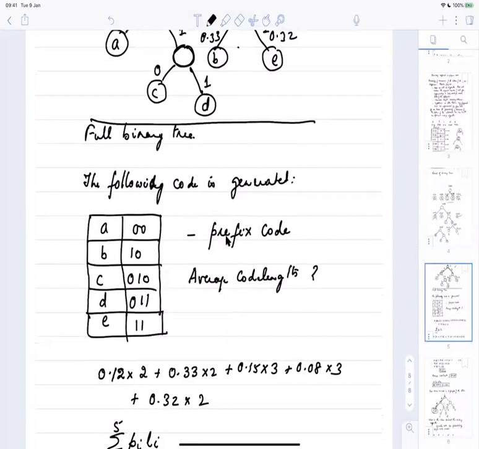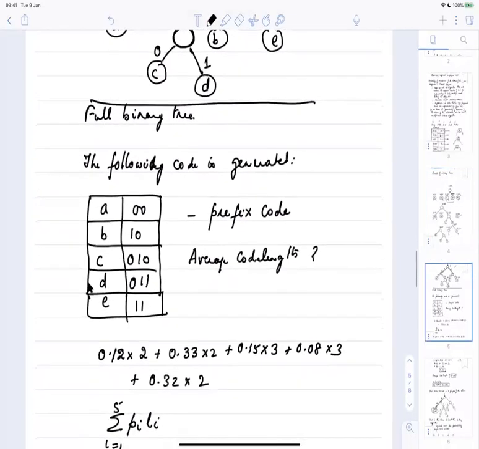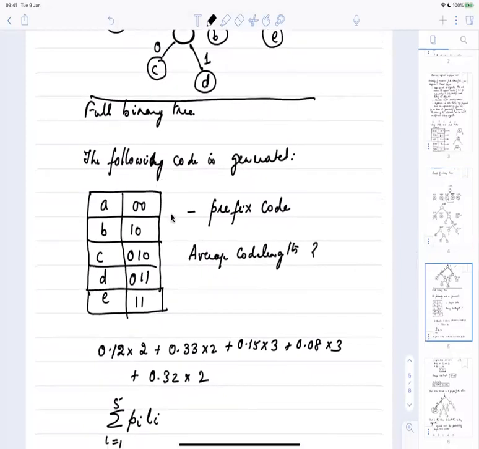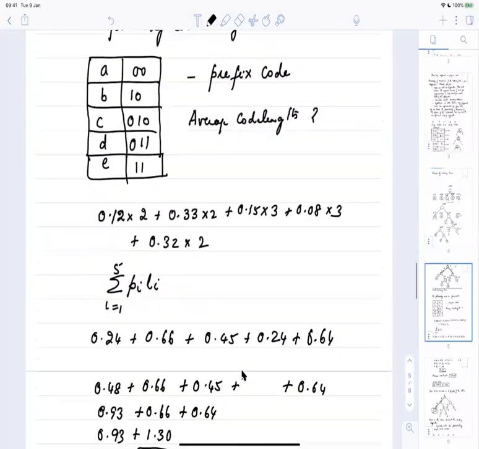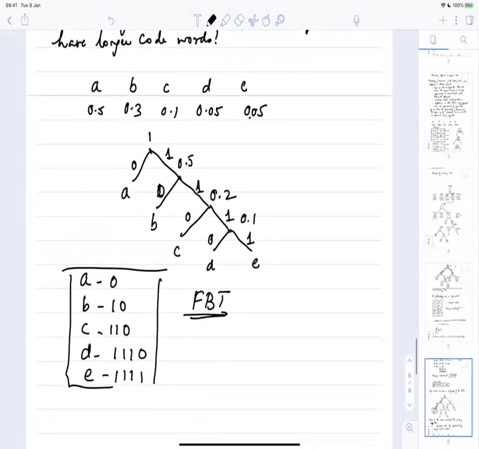For example, nothing prevents me from adding 0, 1 here and then putting 1, 0 here and 0, 1 here. I can do anything. It does not matter how you assign them, but what will happen is it yields for you a code which is a prefix code. That means no code is a prefix of the other. If something is a prefix of the other, it becomes difficult to decode. That's the important point about this Huffman tree coding algorithm. We will stop here and